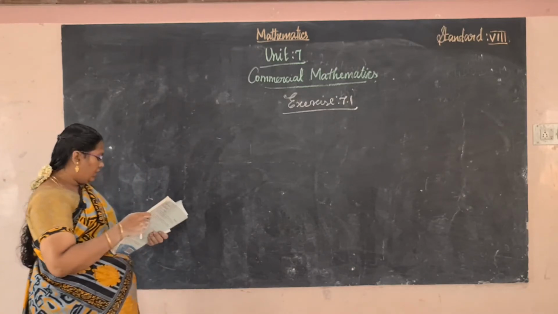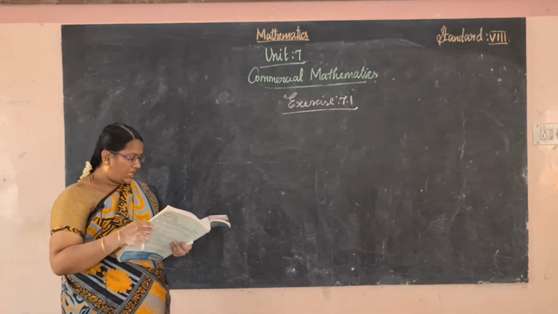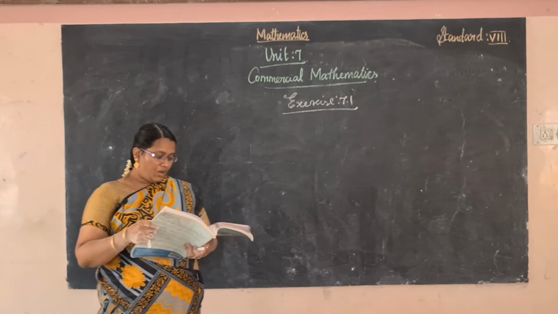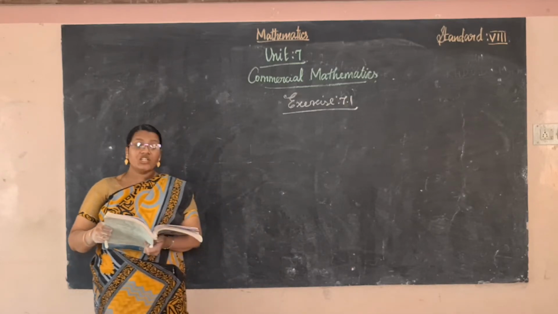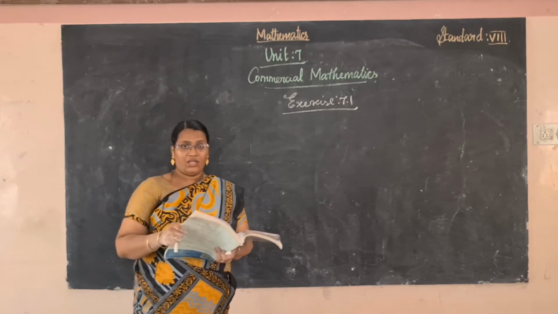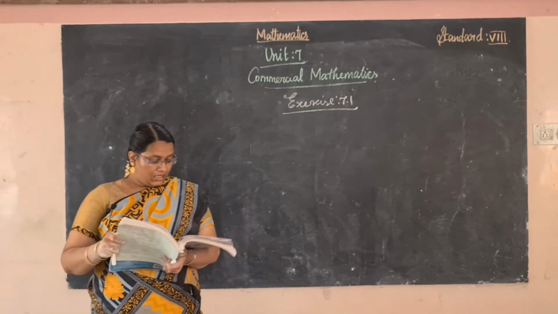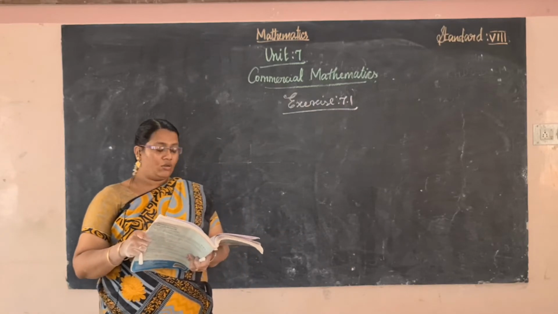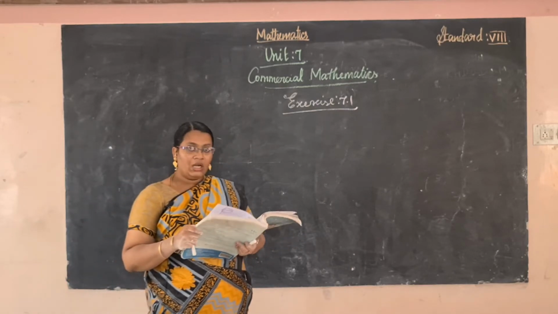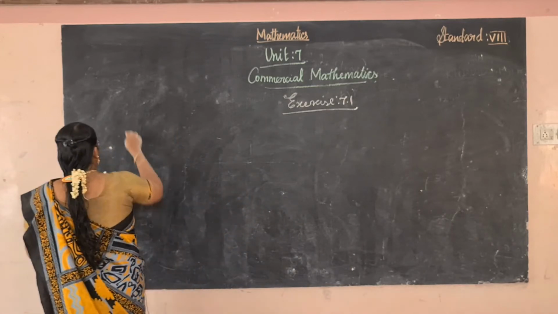First, check if x and y vary directly in the following. Two boxes are given. Check whether the given variation is direct variation or inverse variation, and write the result. Second, find the value of the missing numbers. That is also homework. So the first and second problems are homework. Now move to the third problem.